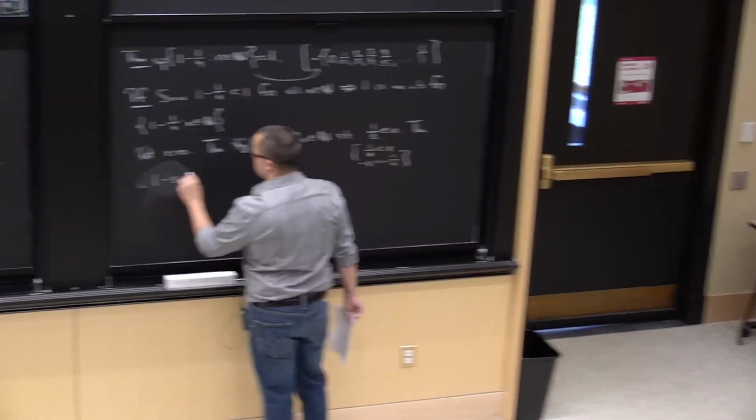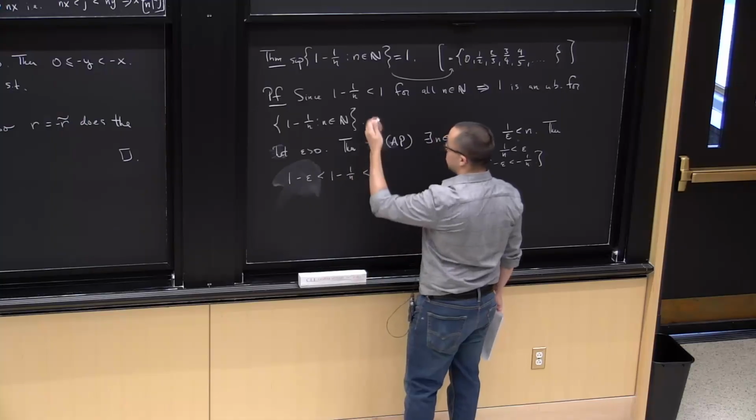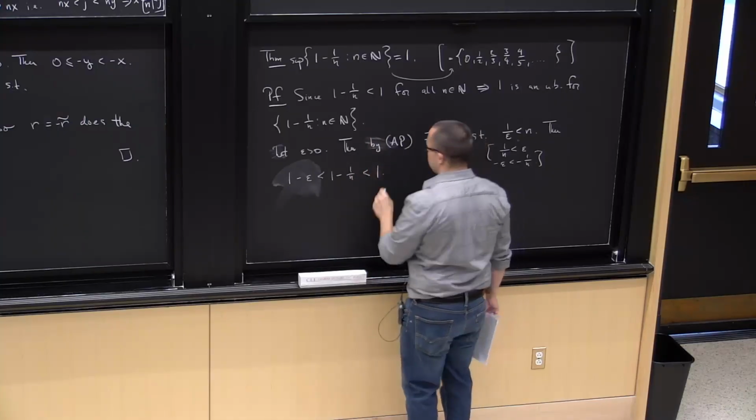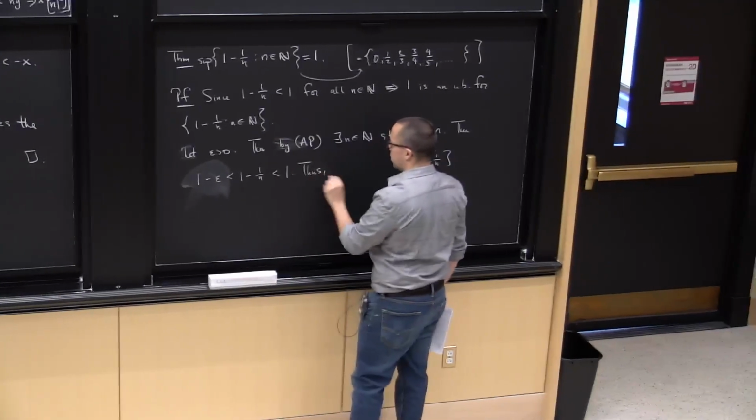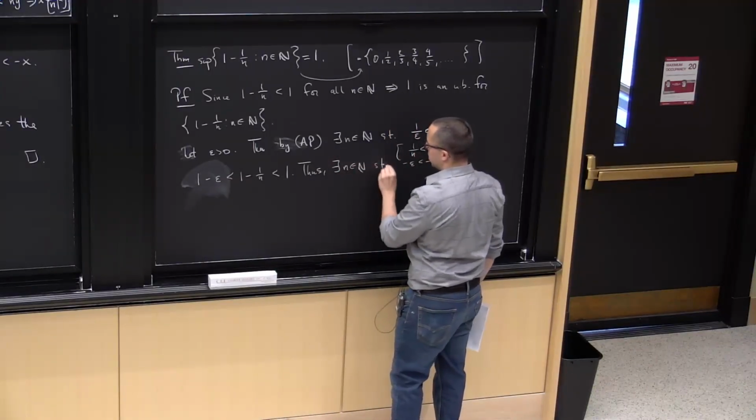So then 1 minus epsilon is less than 1 minus 1 over n, which, as we have up here, is less than 1. Thus, there exists a natural number n, so that